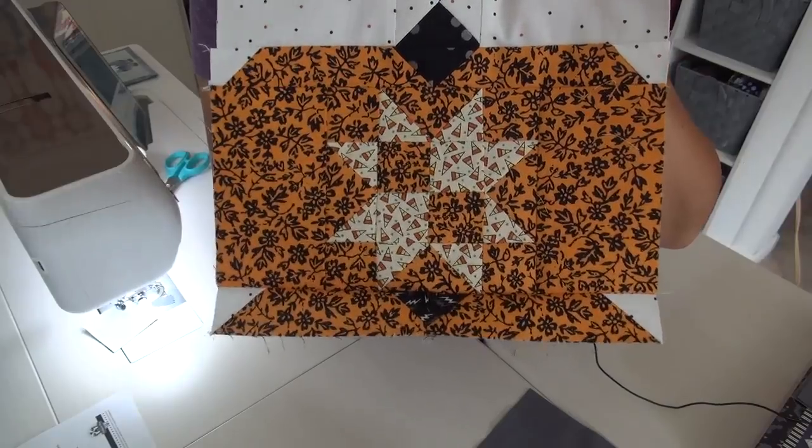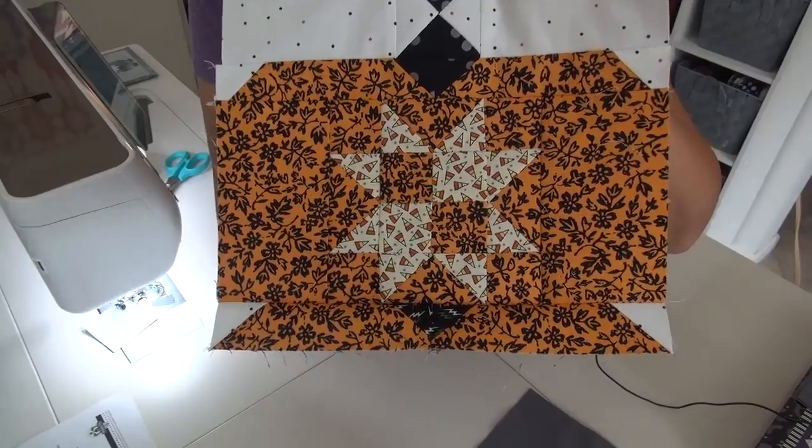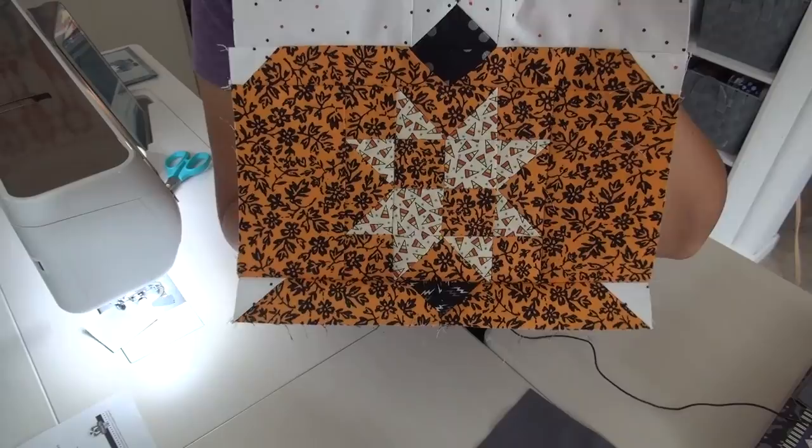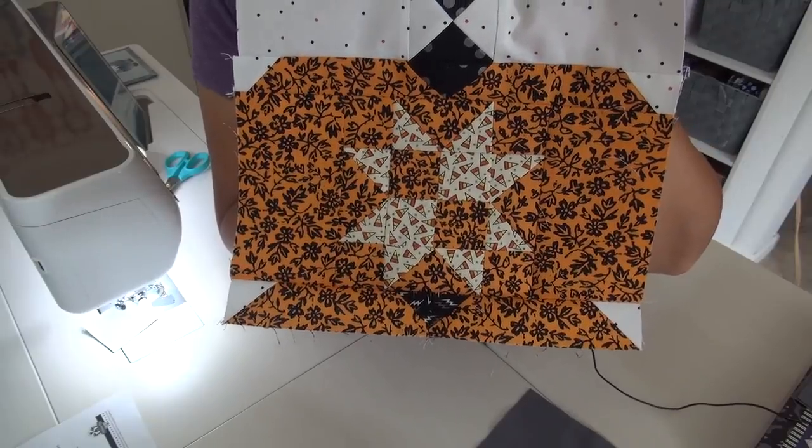Oh my goodness, look what I did. A big oops, got the bottom on upside down. So don't do like me, put it on correct. I'm gonna go have a little date with Jack and fix this. Okay,